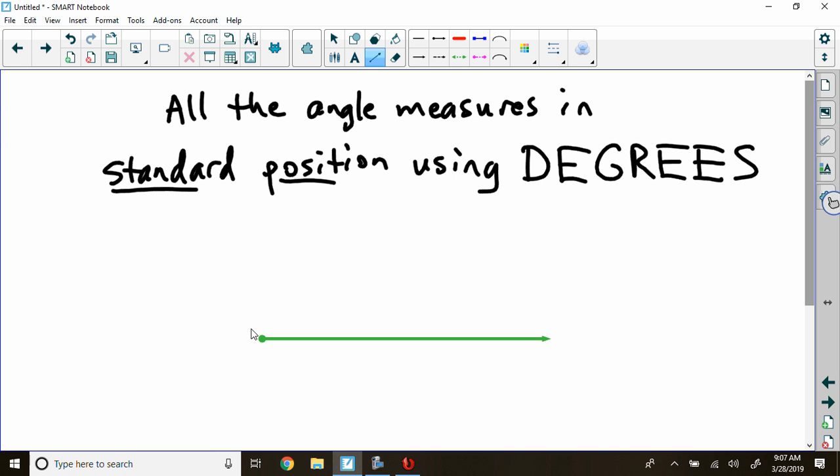It's a man's name sometimes. It's what the sun emits. Ray, thank you. So this is a ray, and when we talk about standard position, we talk about the first